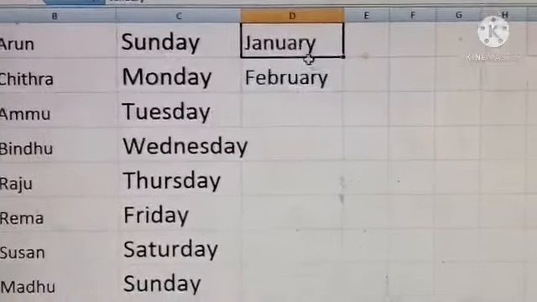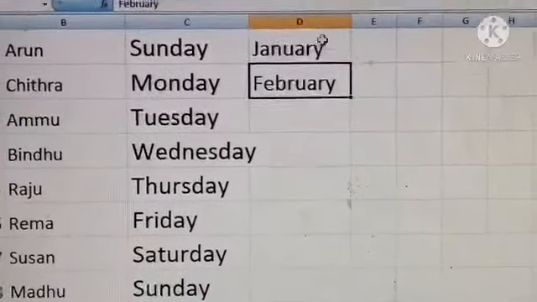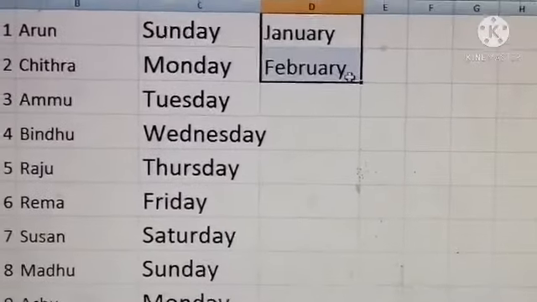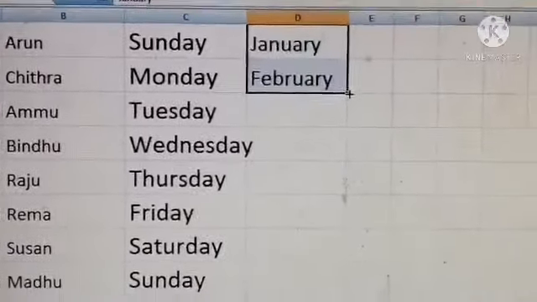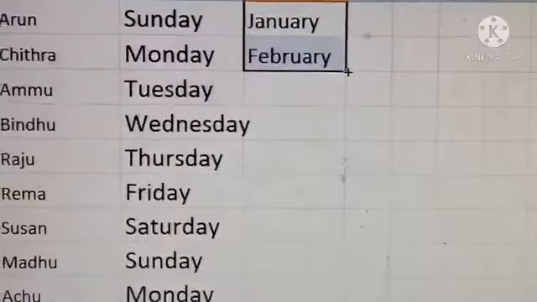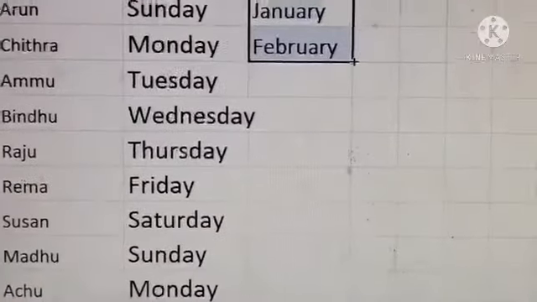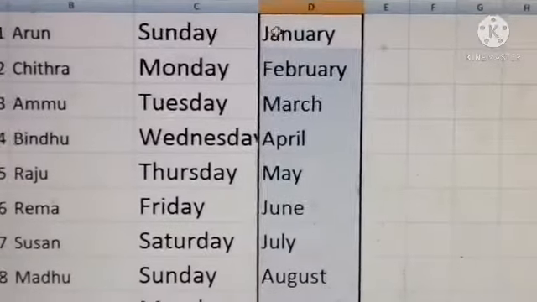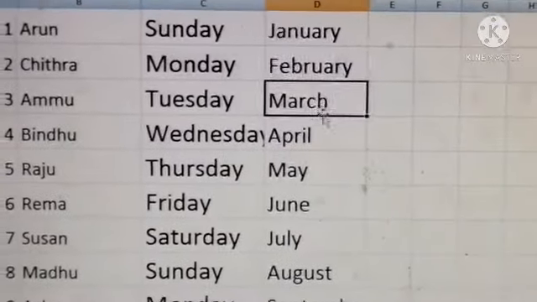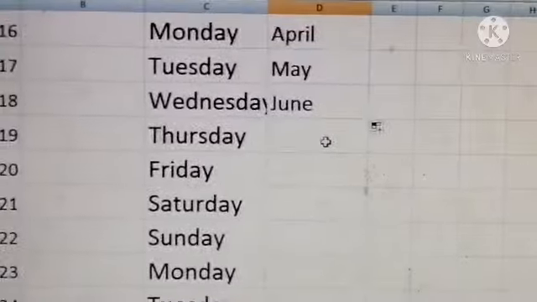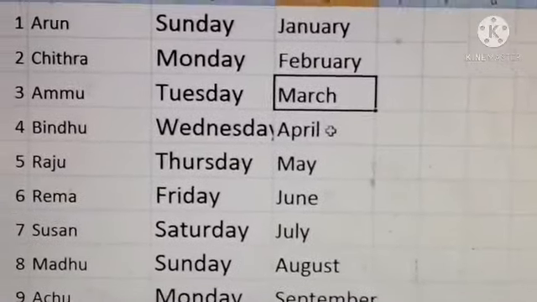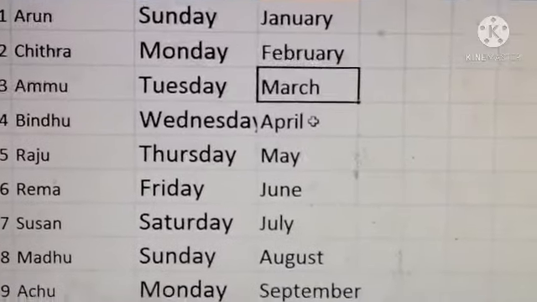After entering January, February, we have to select the 2 months, then go to the edge of the cell. At that time a plus symbol appears, then drag with the mouse. Then January, February, March appear in order. So in this way we can create the month names automatically.